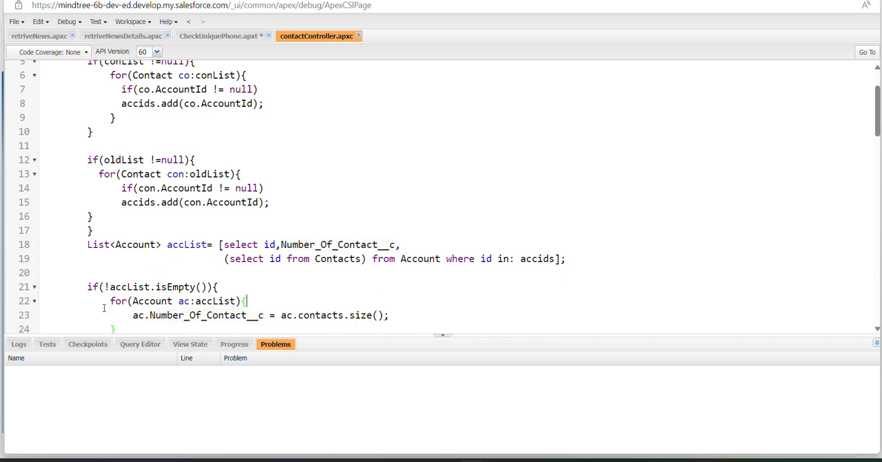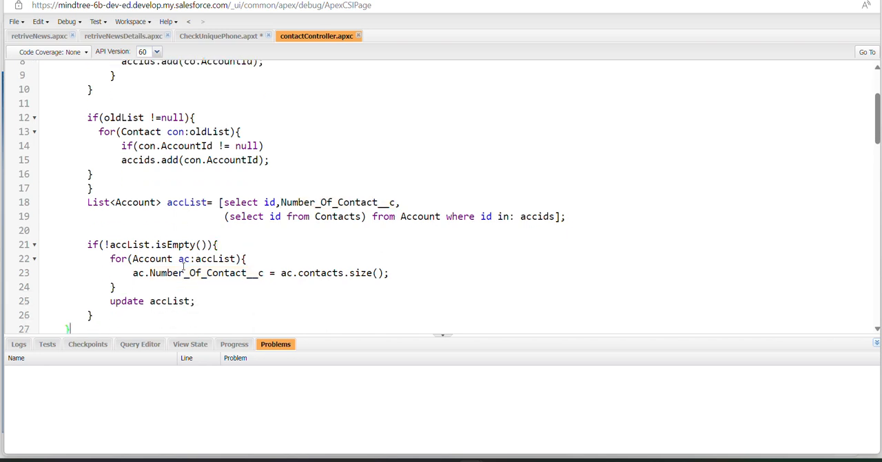And then we iterate that list again, and we store the contact size into this